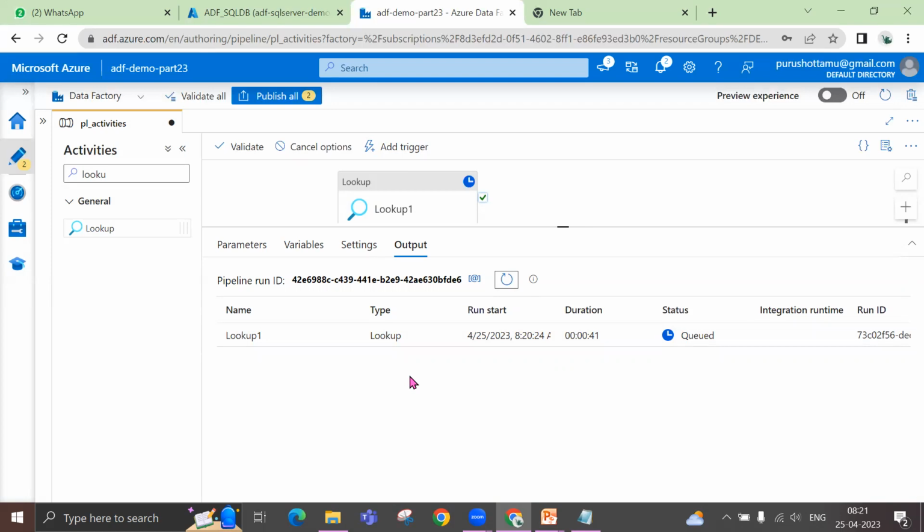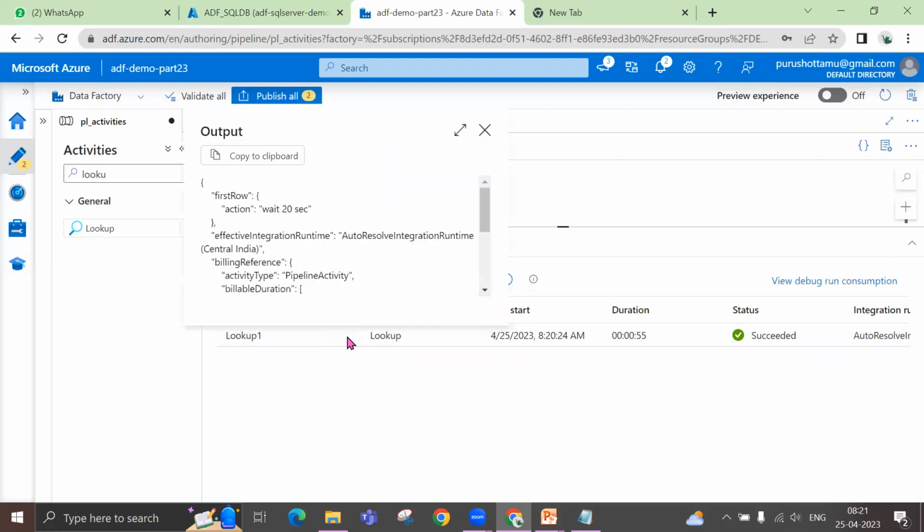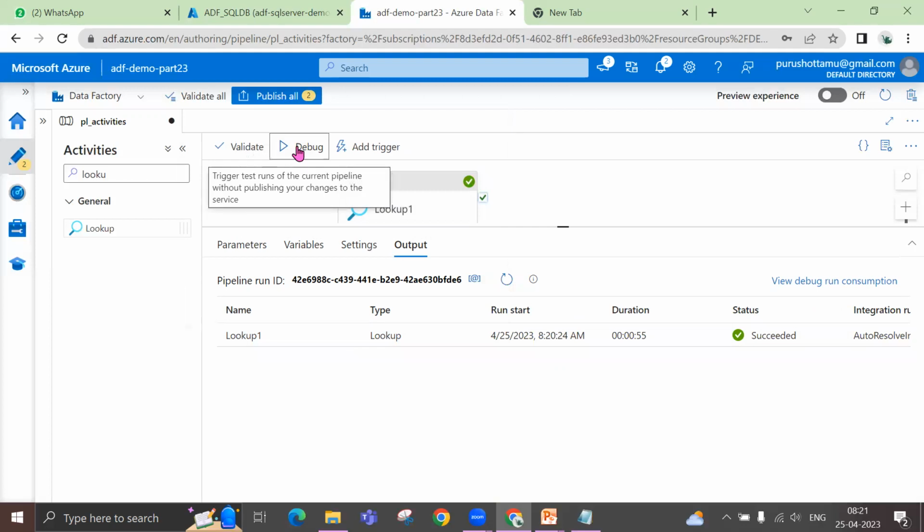So now I want you to do another exercise, which is basically you need to create a pipeline to call the stored procedure, and based on the stored procedure value, whatever output it gives, you need to write a wait statement accordingly. See, now it's returning wait 20 seconds, right? So now if I rerun again,